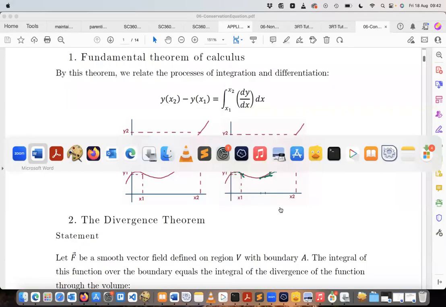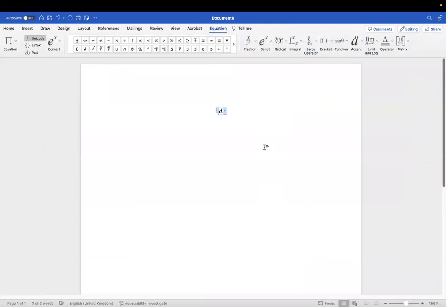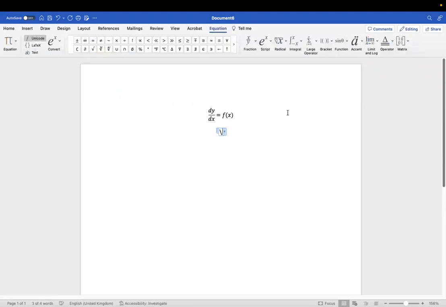Okay, just sharing screen again. So let's look at the definition of a derivative. So we know we've got dy dx is equal to some function. And in this case, we'll just say it's a function of x. Let's not worry about differential equations or anything like that. Then we know that if we integrate this, right, so if we take the integral of this function,